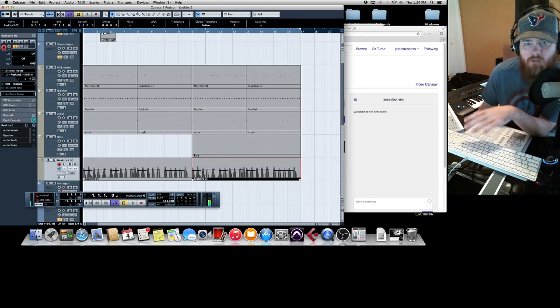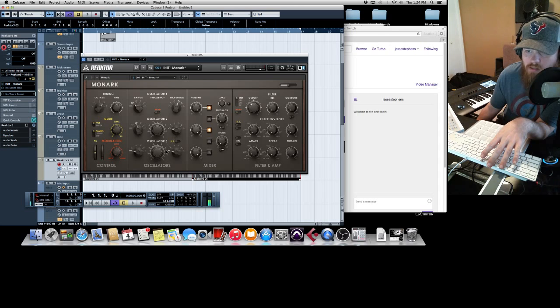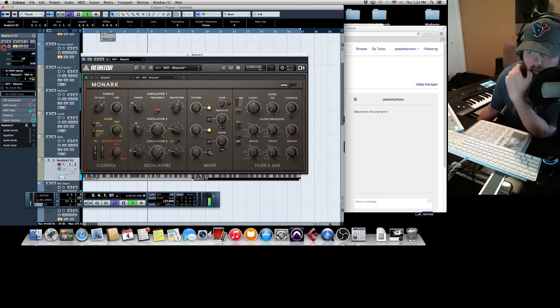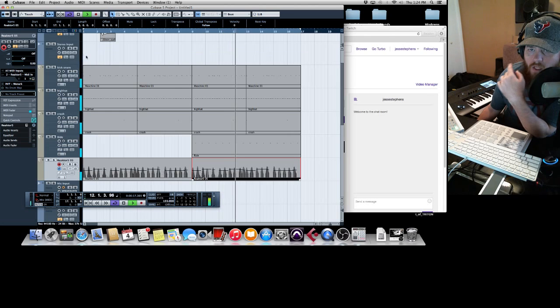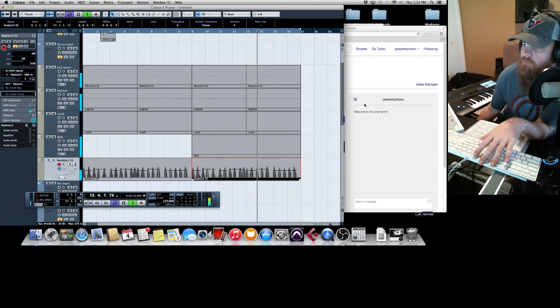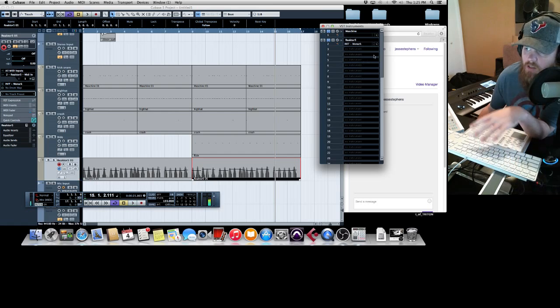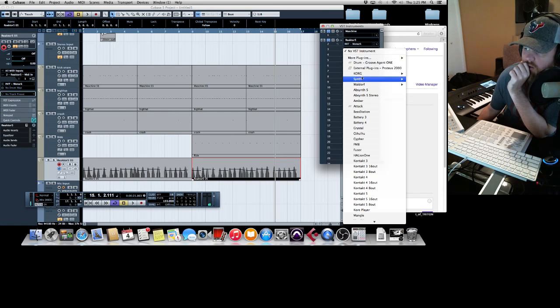Alright, that sounds cool. Let's see. I want to put a little more sub bass in. So we're going to turn on oscillator 3, which is on the lower frequency. Yeah, it's not doing it. Let's see. I'll just layer it with another bass. Press F11 to bring up another bass, and then we'll put in